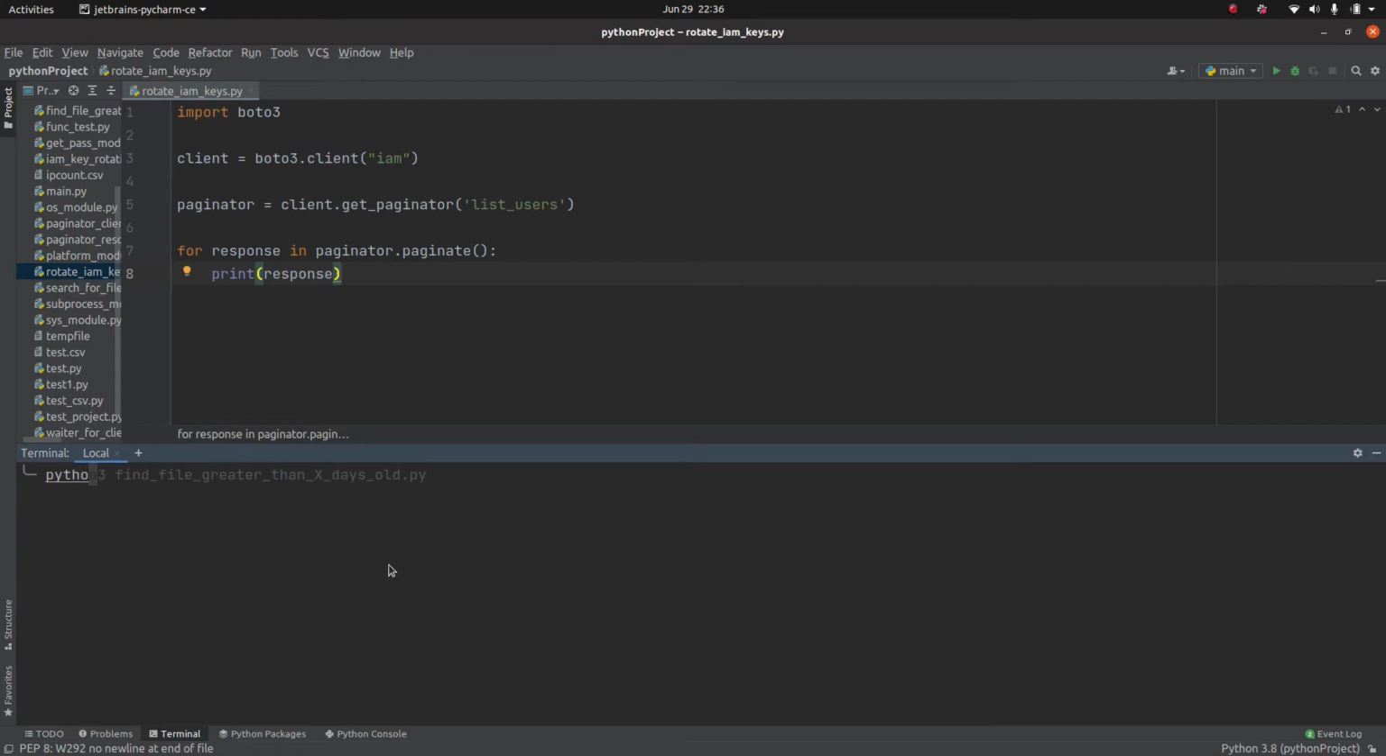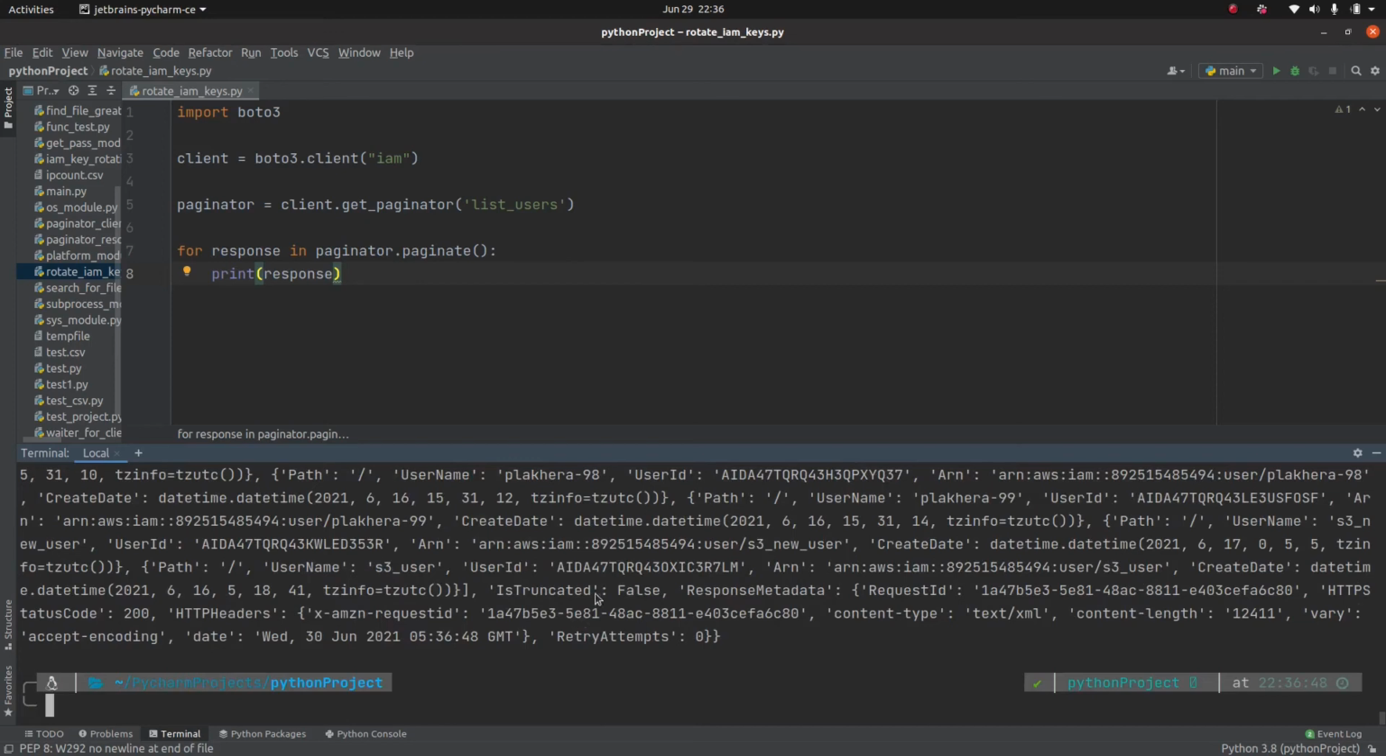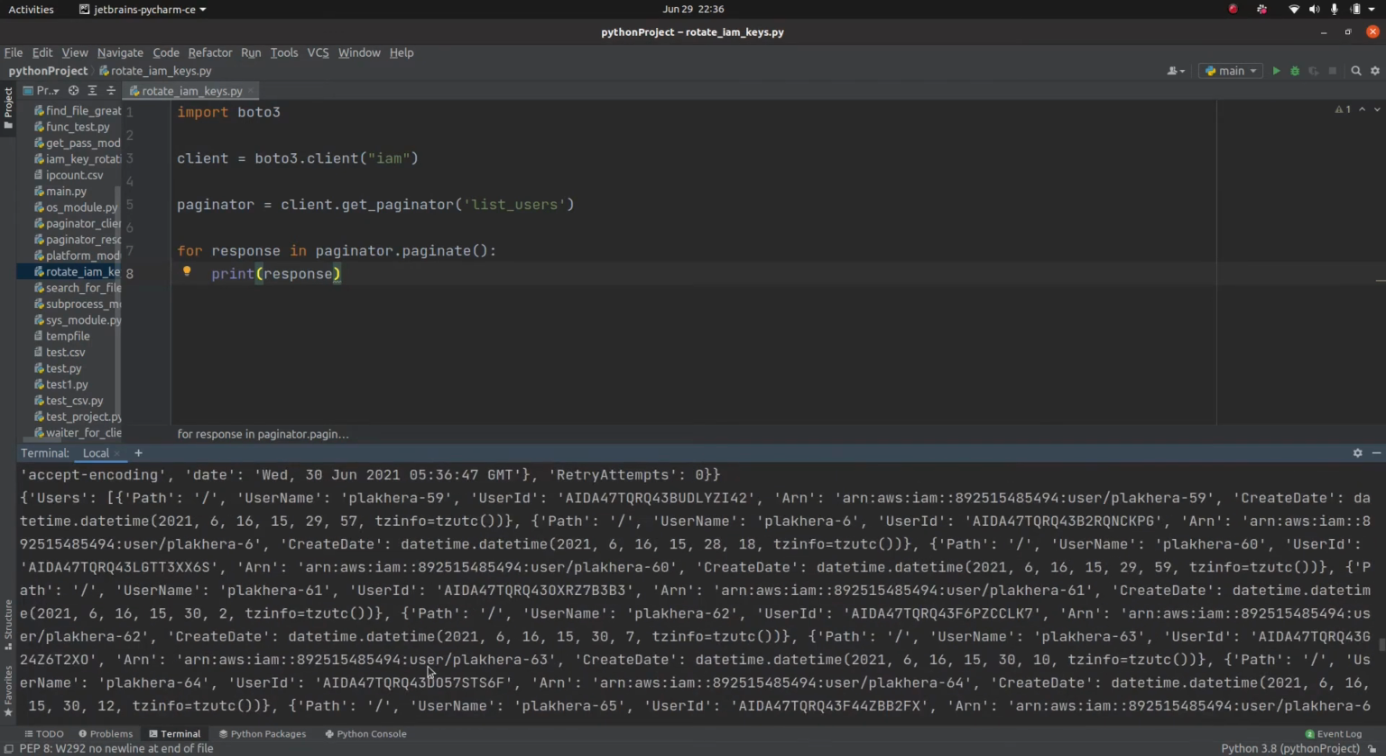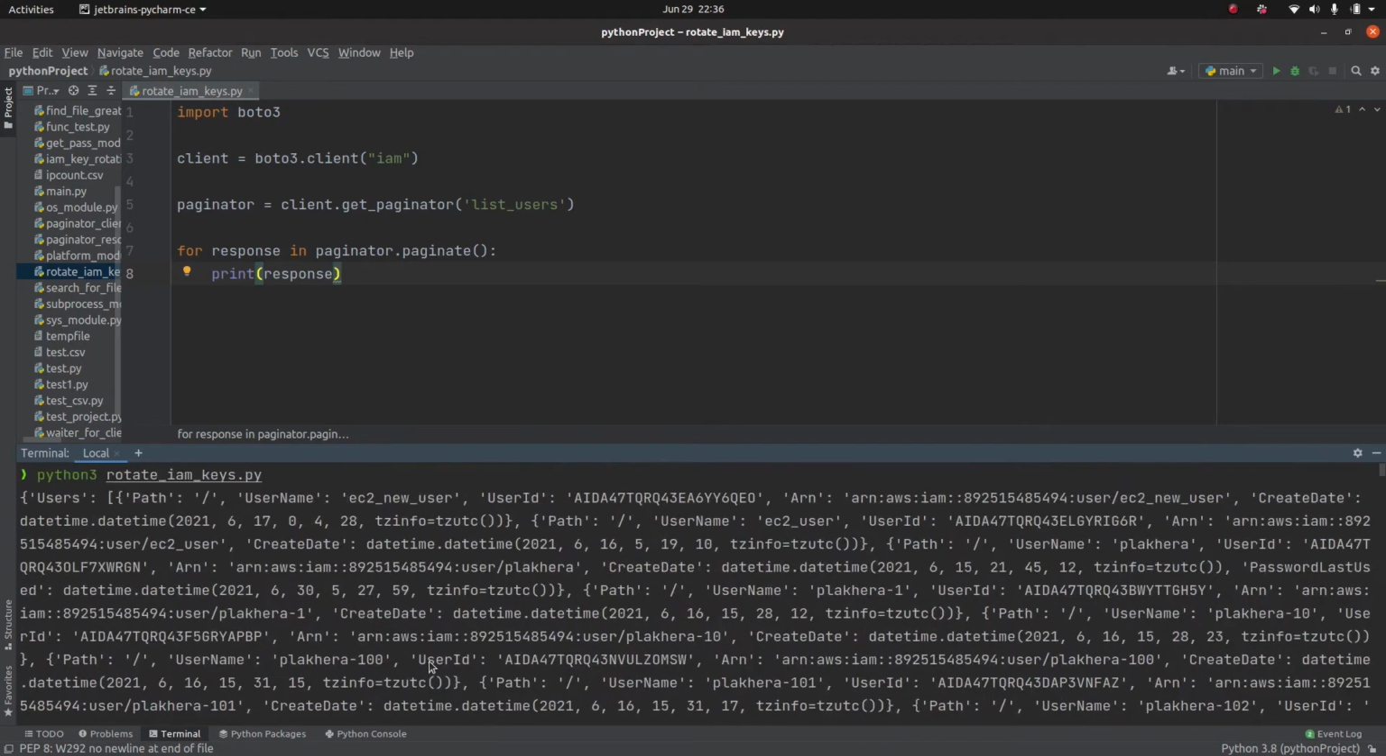So let me execute this key, and as I've got so many users, I got this much amount of response. And you see that it all started with user, and then we have this list. So what we can do on top of this, we are going to filter this response